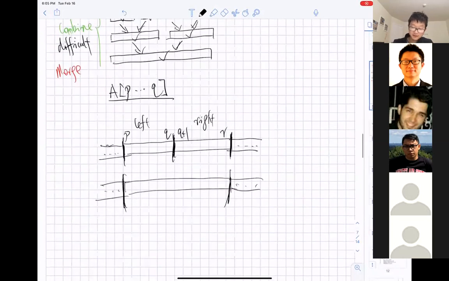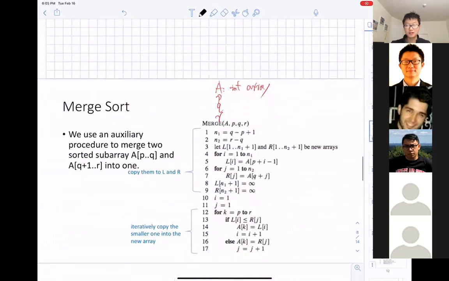Everything whose index starts from Q plus 1 until R is the right subarray. If you were to use Q to R, it would be counting Q twice. Any questions regarding the definition of PQR?